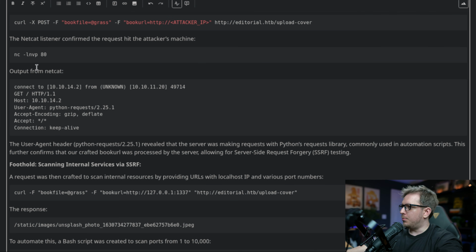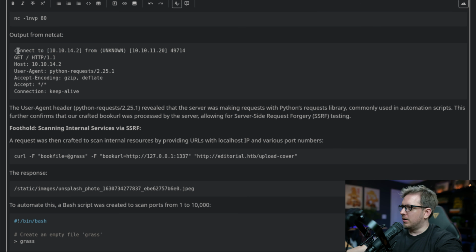So here's the output from netcat. Again, we are not having the Kali@Kali information on there. They don't need to know what folders we're in or any of our information. We just want it nice and clean and simple. So moving on, the user agent header, python-requests 2.25.1, revealed that the server was making requests with Python's requests library, commonly used in automation scripts. This further confirms that our crafted book URL was processed by the server, allowing for